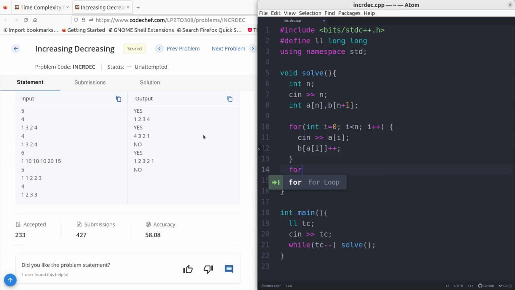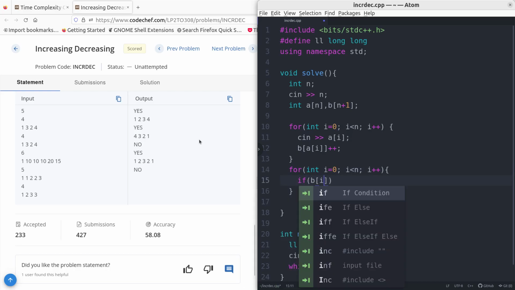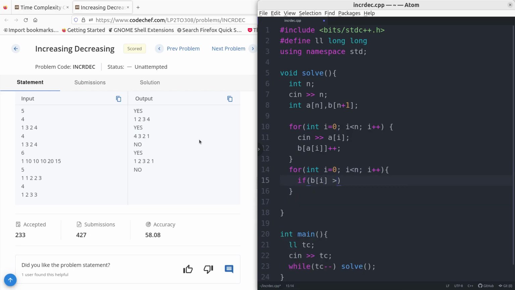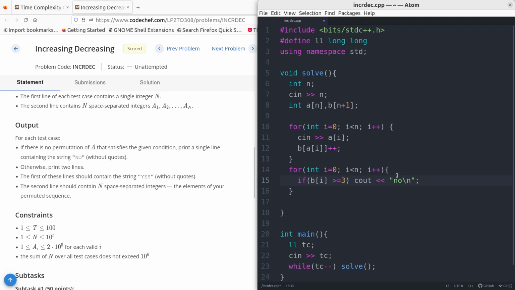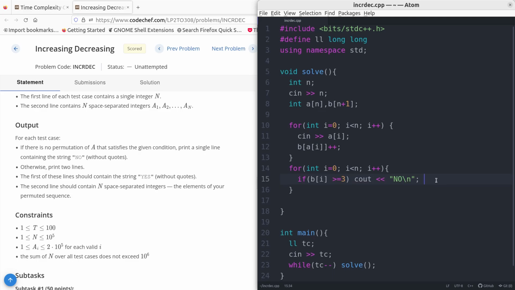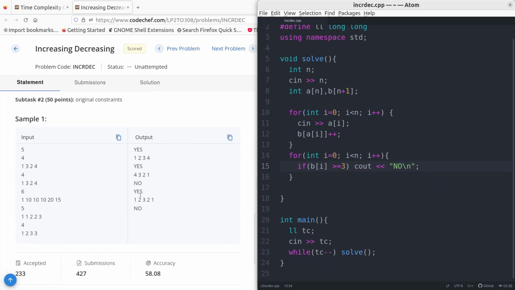Now let's take a for loop. If b of I is greater than 2, or greater than or equal to 3, then cout no. What if the number is okay, you need to print a no itself. It's not case insensitive, it is case sensitive. Print a no,